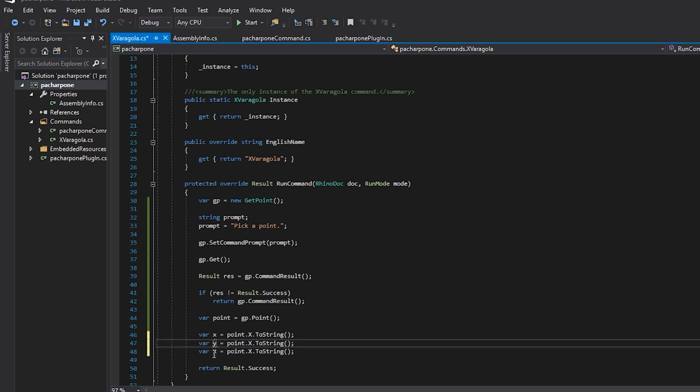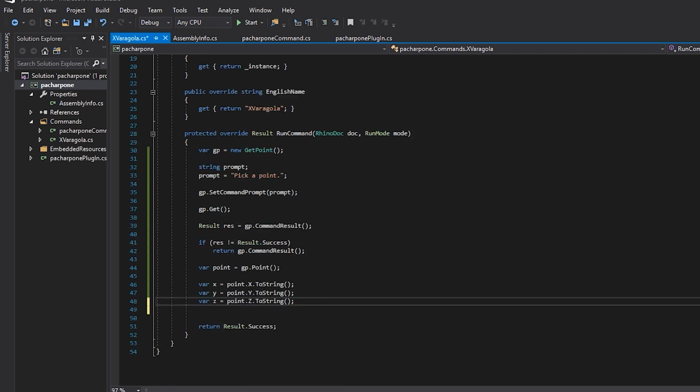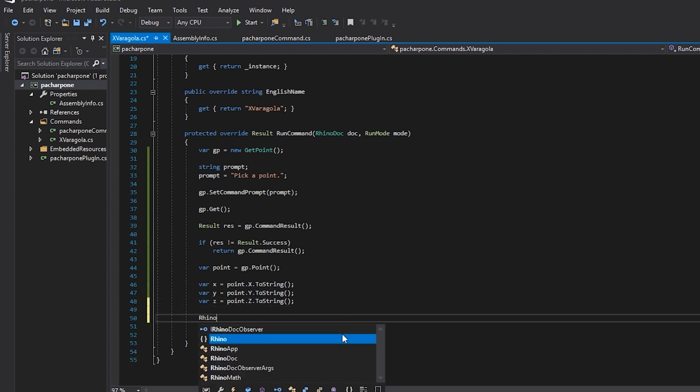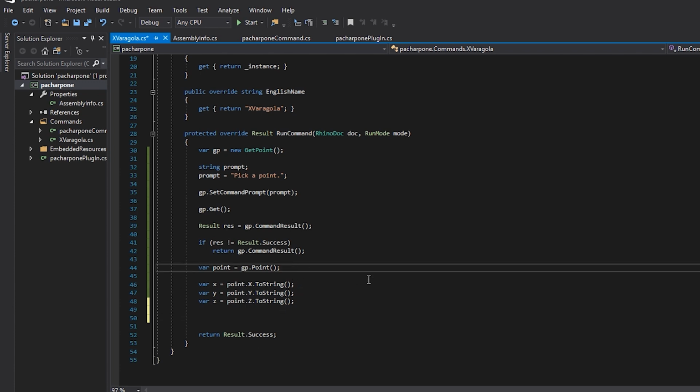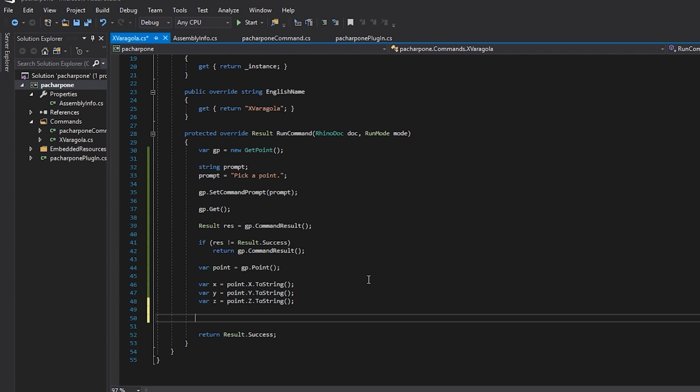We'll have our y and z, and here the y and z coordinate. So now we will want to write all these coordinates in a simple line, and we will use the Rhino app write line as we used before, and I will explain it in more detail in the next video. But in order to use this, I would like to format the way I write this a bit more neatly. And this is what I will do. You can take this for granted right now, but I will explain later how this is used, I think already